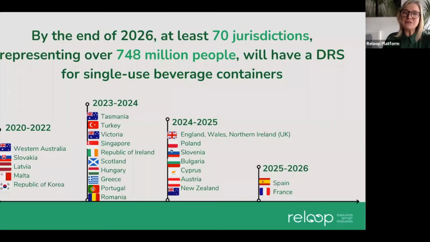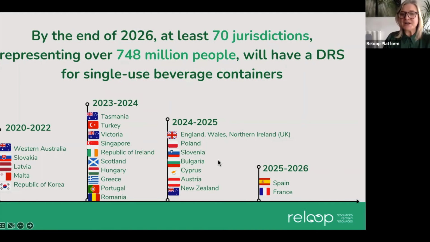Here you can see moving into the future that by the end of 2026, at least 70 jurisdictions across the planet, representing just shy of 800 million people, will have deposit return systems for single-use beverage packaging. And it includes big countries, like here you can see Turkey being introduced. That's a larger country than Germany is. We also have countries like Poland coming up in the future, big countries, got about 37 million people in Poland,